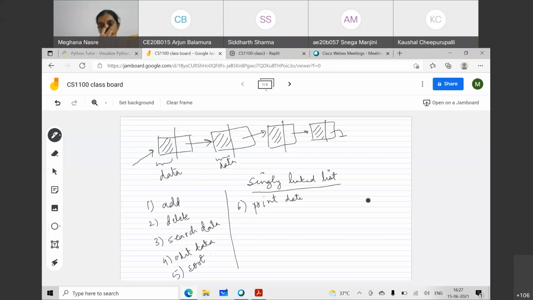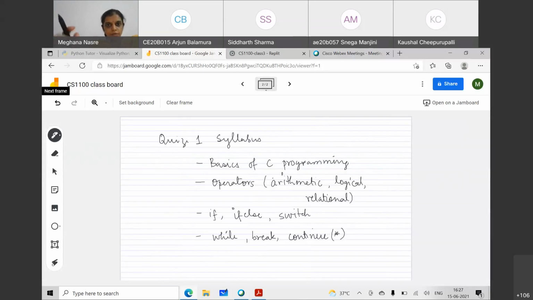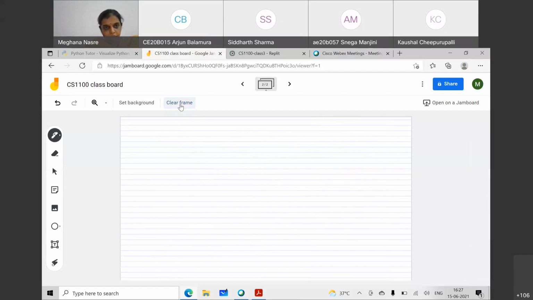So now let's talk about a singly linked list of integers, and of course you can modify it to have a singly linked list of the most complicated record or data that you want to store. So what we will have is the following, a singly linked list of integers. Again, it will have two parts. The first part will contain an integer item or integer data.